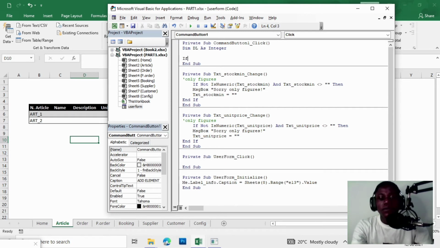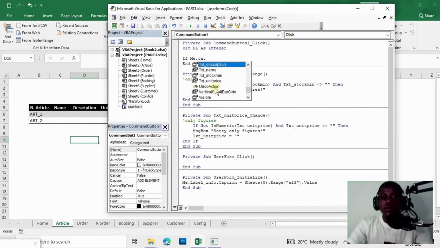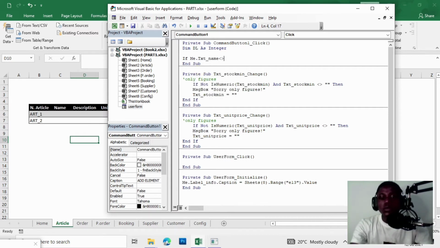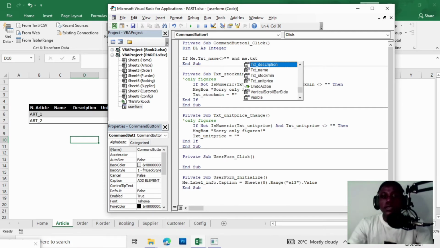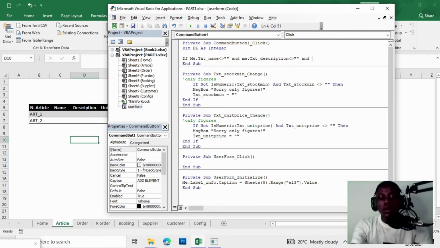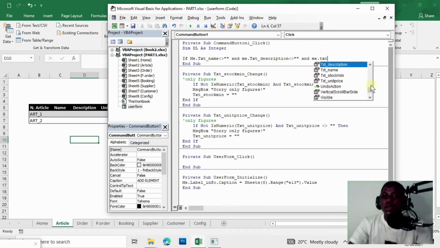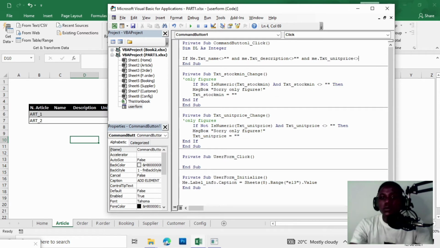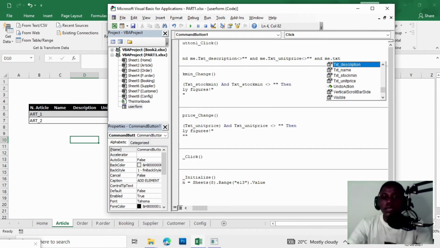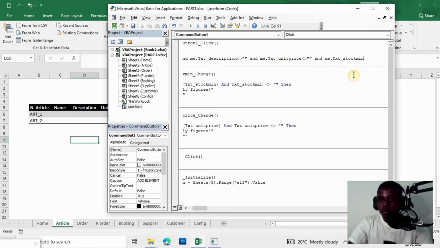Then we'll say If Me.TextName is not empty, and Me.TextDescription is not empty, and Me.TextUnitPrice is not empty, and Me.TextStockMinimum is not empty, then